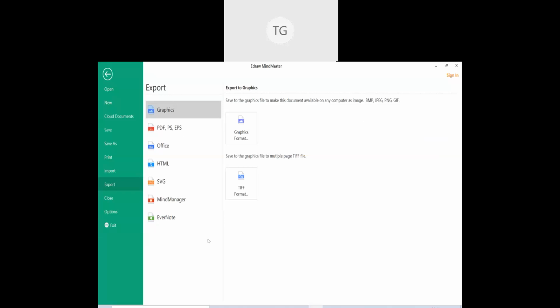Now I'll request you to please write in your queries related to mind maps, if you have any doubts or anything that you wish to ask, even in Google Classroom.